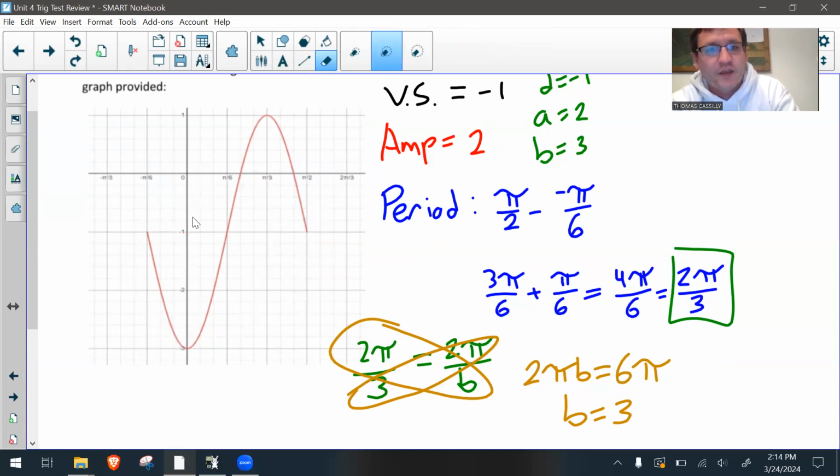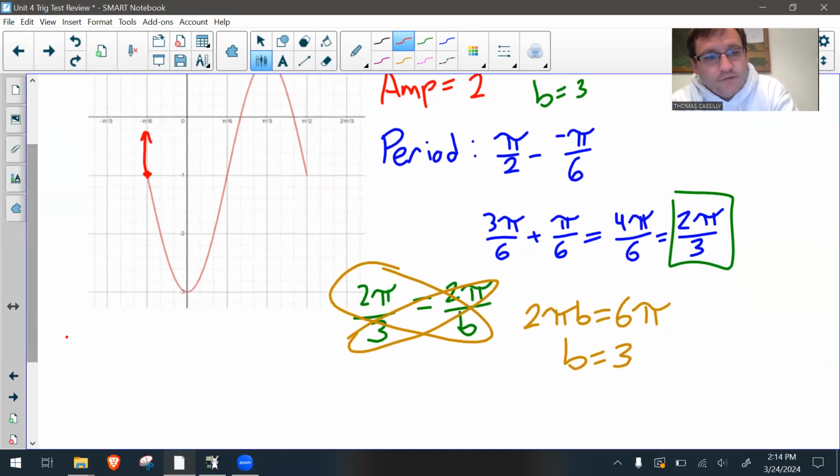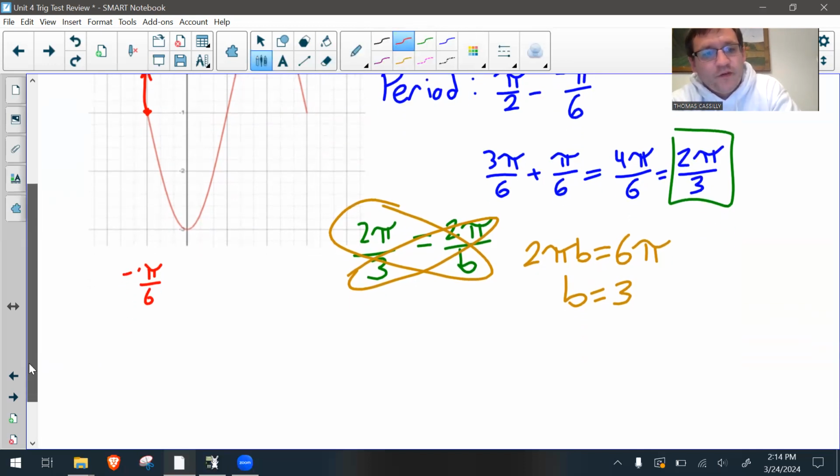To figure out how far back it got pushed, all you have to do is look at this ordered pair and say, okay, it got pushed negative pi over 6. So we know it went left pi over 6 units. Or instead of saying left, I'm going to put a minus sign here. So we know the phase shift